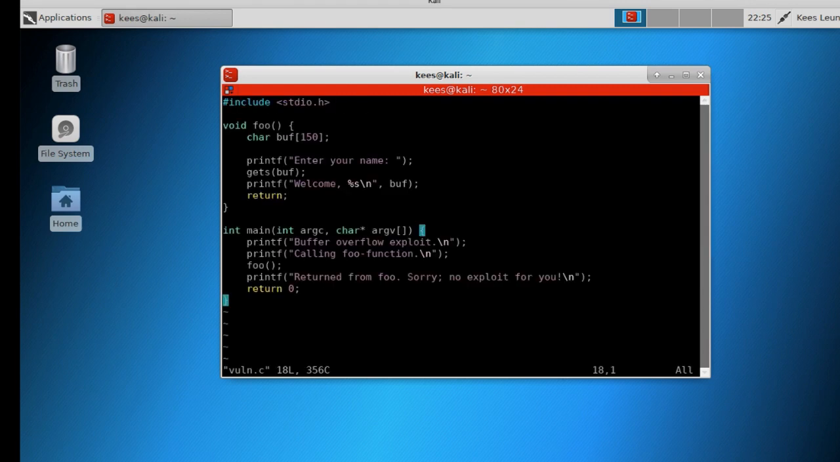It's a very short program, and as we trace its execution, we see that in C a program starts with the main function, and in this case the main function just prints out two strings, calls a function foo, prints out another string, and then returns without doing a whole lot. The buffer overflow magic happens in the foo function,